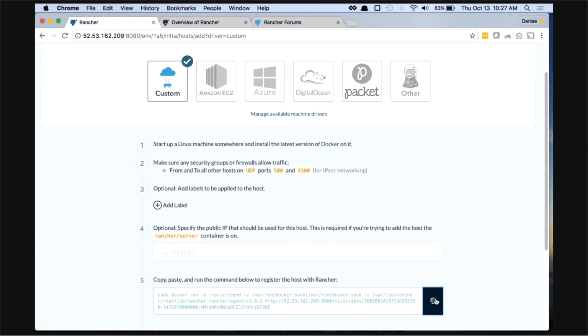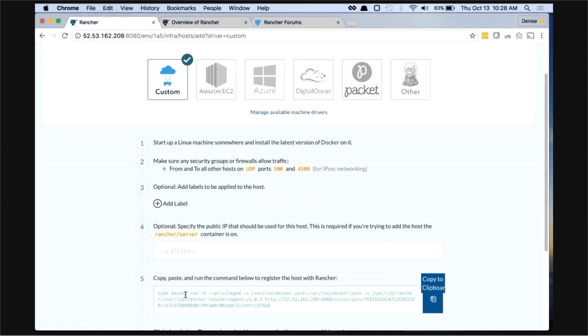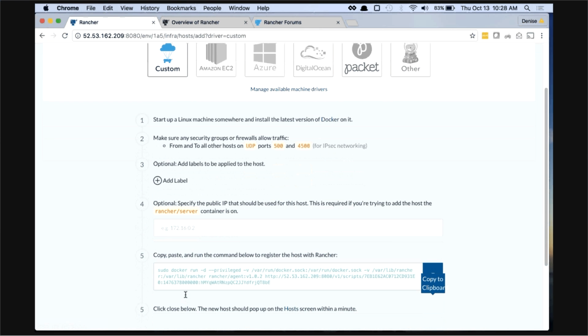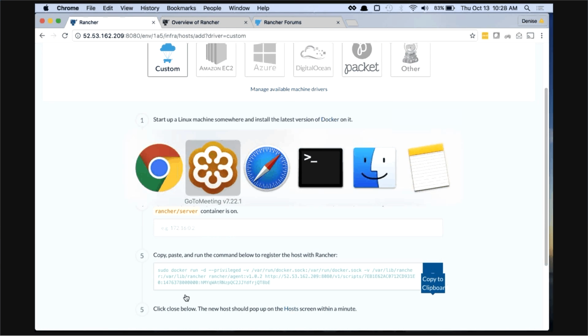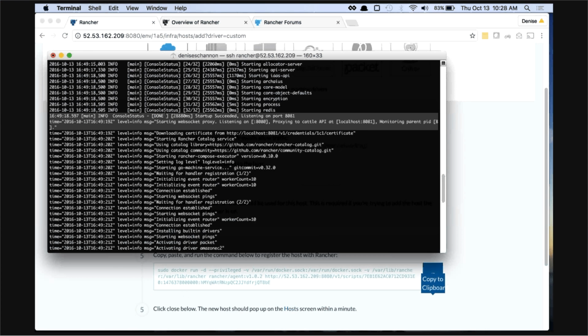So I'm going to do a couple of things real quick. I'm going to launch my host here. You can look at the Rancher agent command. I recommend do not edit this. I know there are people who have tried to edit it. A lot of people like to add the name Rancher agent to it. There's a reason why it doesn't exist in the first place, is because when you run this command, we actually end up running three different